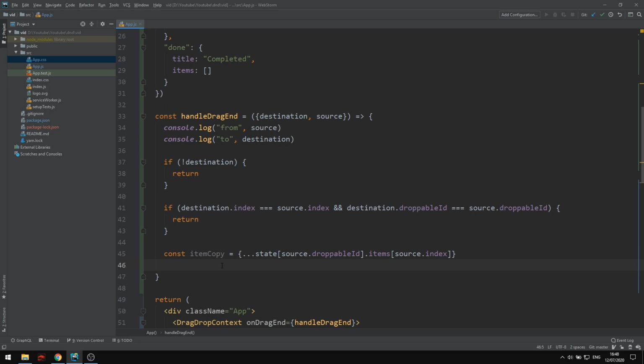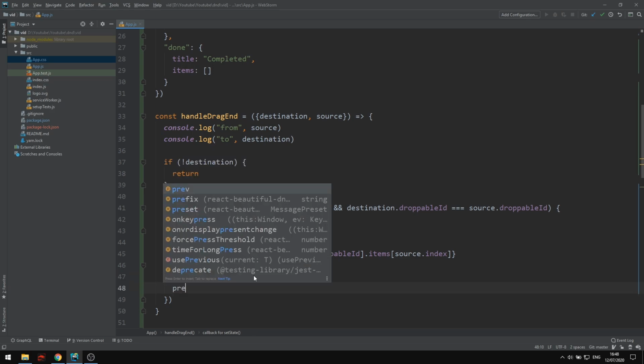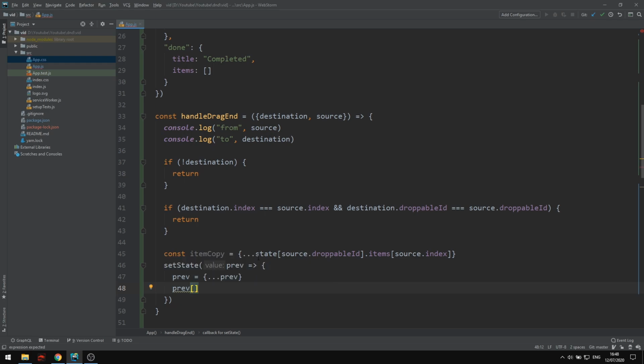So I want to do setState, where we grab the previous state. I want to say prev is equal to spread in prev. It's just to create a copy of that one. Then what I want to do is say prev. We want, let's grab the exact same stuff. So we're at the item level now, except I don't want to do this. I want to do items. So I want to grab previous ones, the previous states. So just think of it like state, don't actually worry about prev. source.droppableId. So this one,